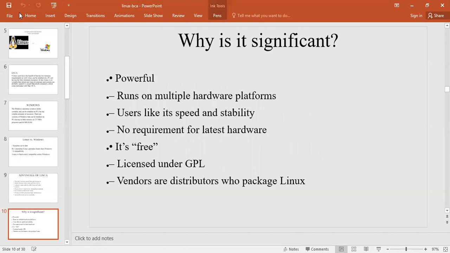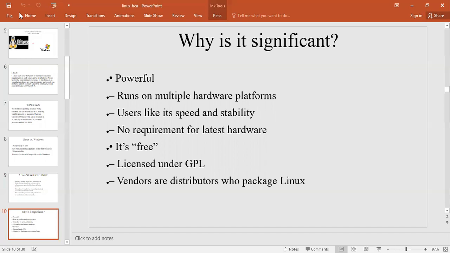Why is Linux significant? Because it is powerful. It runs on multiple hardware platforms. It has speed and stability. There is no requirement for the latest hardware.